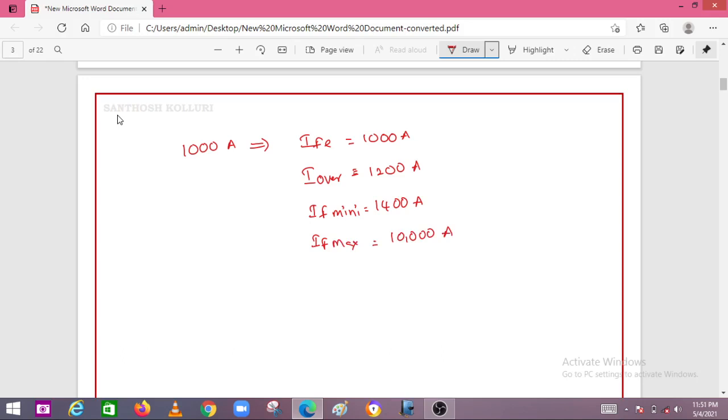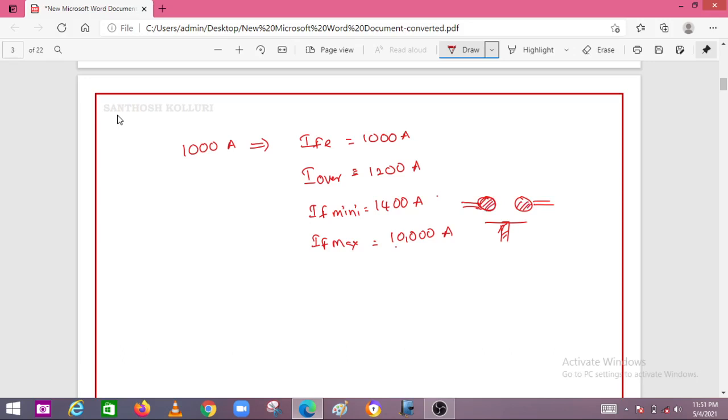That means from 1400 to 10,000 amperes the circuit breaker contacts have to withstand, otherwise it cannot operate at that voltage. So even if a large short circuit fault takes place, the circuit breaker itself would blast, which makes no sense. So the circuit breaker contacts have to withstand the maximum fault current,